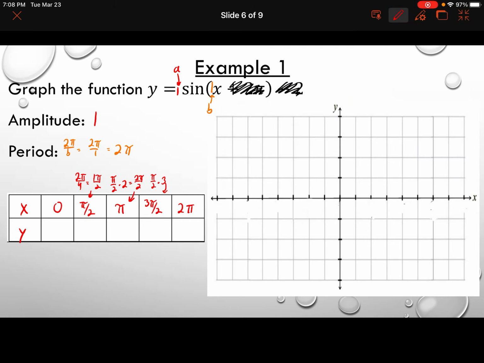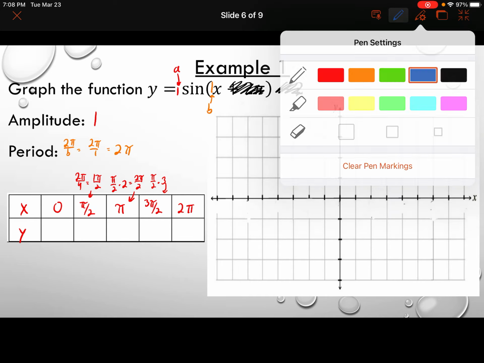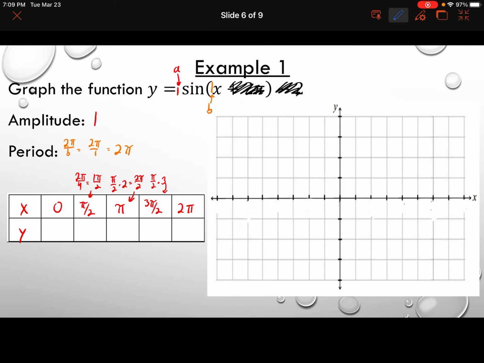All right. Okay. So now let's talk about the y values. Remember, the y values, we just plug them into the equation. So the first one is 0. Since everything here is just 1, we just end up with sine of 0. Sine of 0, look it up on our unit circle, is going to be 0, because that is what the